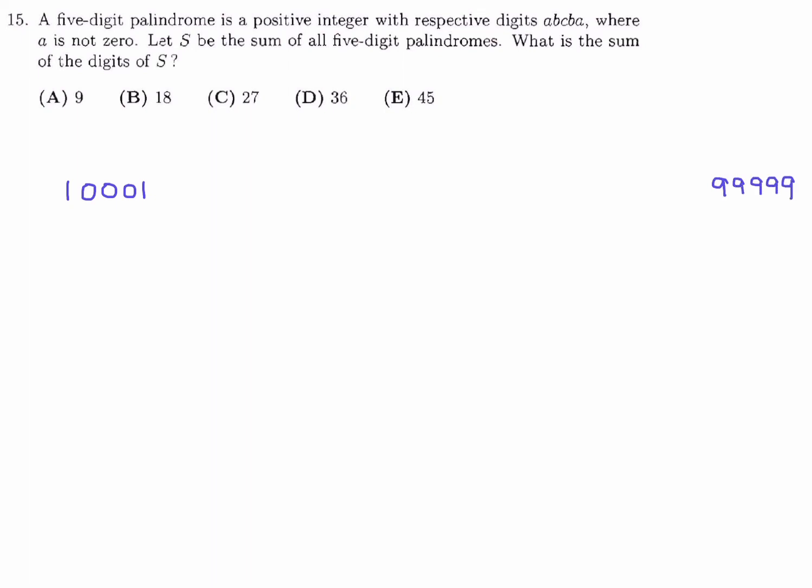Well, what is the sum of those two guys? Well, the sum is 10001 plus 99999, and that is equal to 110000. Okay, now let's put the second smallest, which is 10101, and the second largest, which is